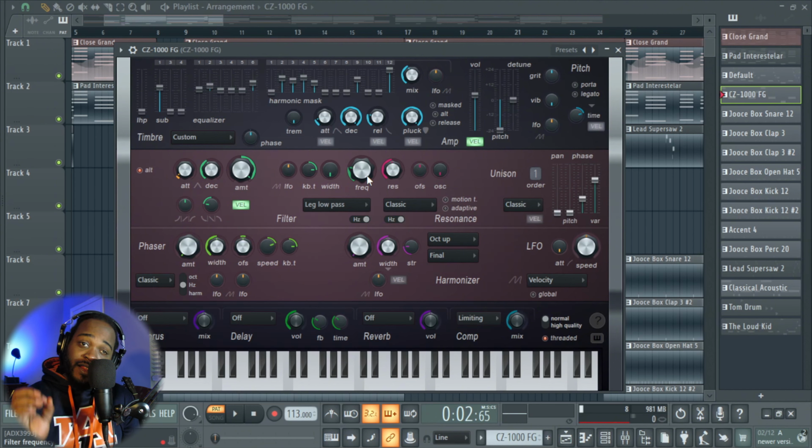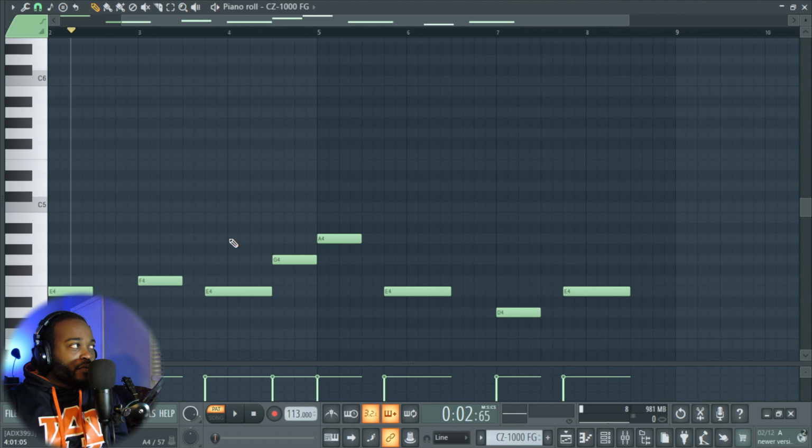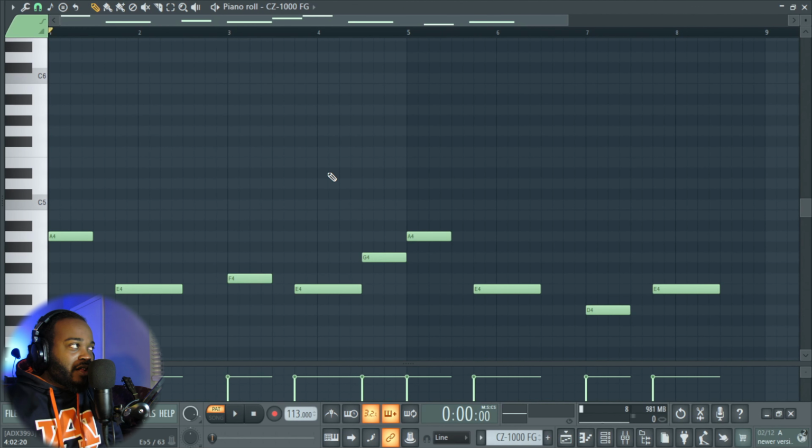If you want to copy these settings, like I said, go for it. This is just to kind of add a layer to the bass, and it's just following the root notes of the piano itself. There's nothing special there, but